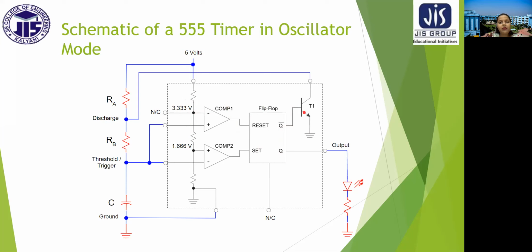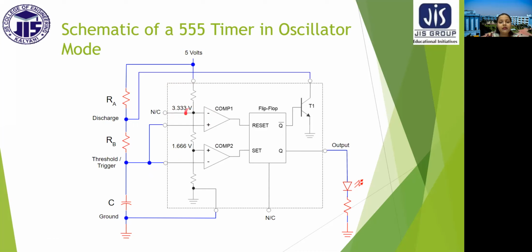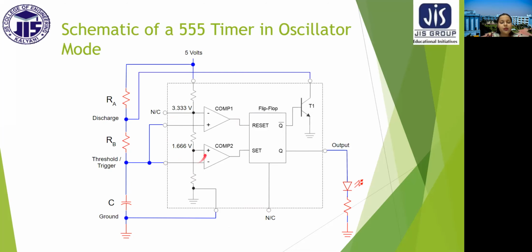As it resets the flip-flop, Q will be 0 and Q bar will be 1. So when Q bar will be 1, what happens? The transistor will be on, and the voltage will come up to here. No voltage will go to C. But the instant it takes to store 2/3 VCC will be much more than the instant it takes to store 1/3 VCC. So comparator 2 will be on first, and it will set the flip-flop. So Q will be 1, Q bar will be 0.